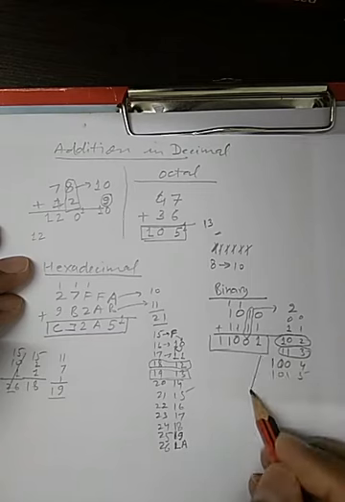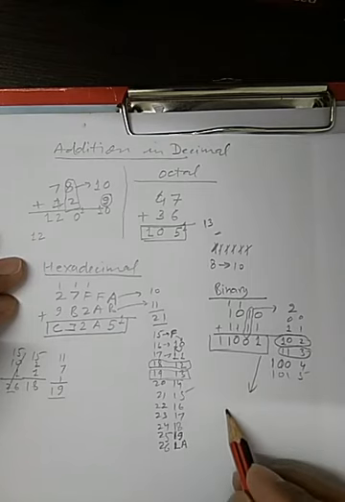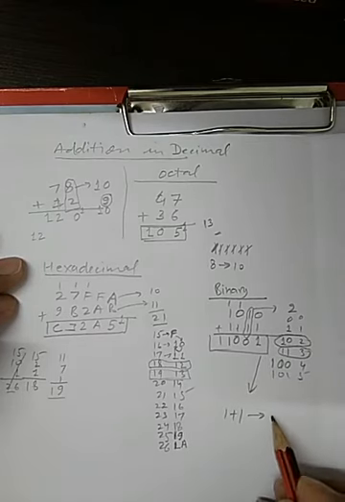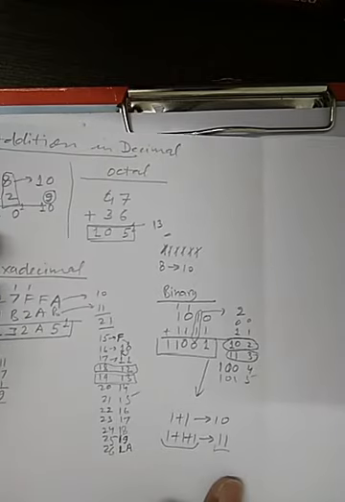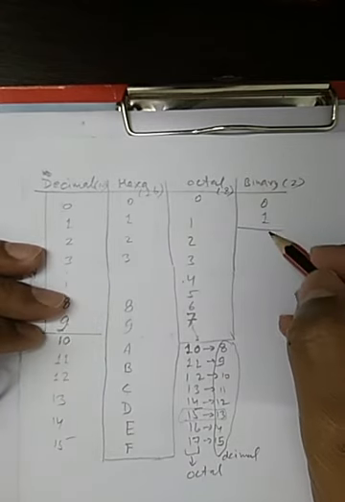So here I will conclude that 1 plus 1 in the binary number system will be 1, 0. 1 plus 1 plus 1 in binary will be equal to 1, 1. So it is basically 3 in the decimal number system, and 3 is represented in binary as 1, 1. Let us now complete this table as well.